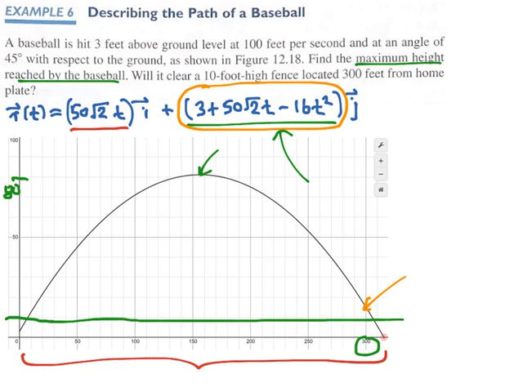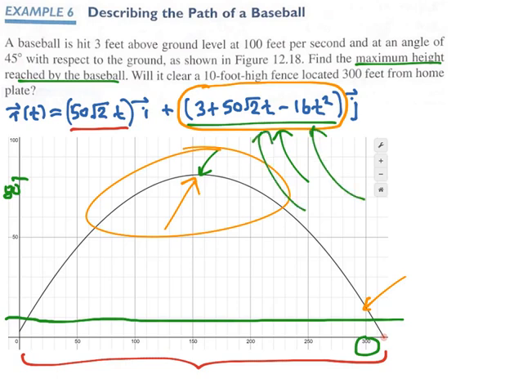Because what you see from the graph here is that this is a relative maximum. So how do we find a relative maximum value of a real valued function? Because remember, each component of a vector valued function is a real valued function. So the problem of finding the maximum height reached by the baseball reduces to the problem of finding a relative